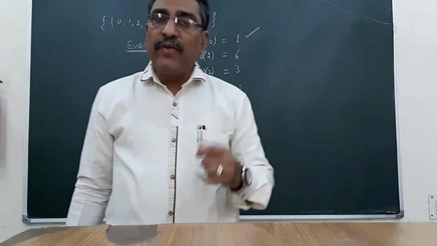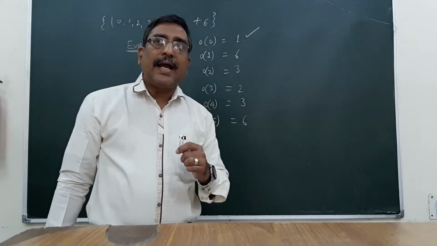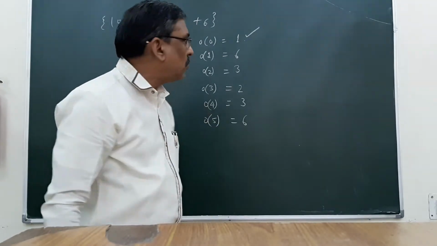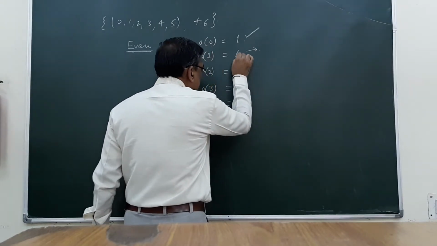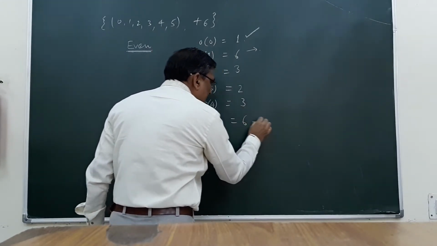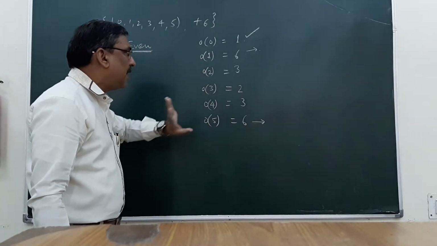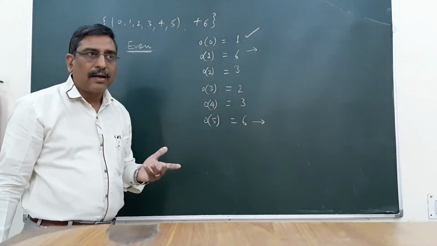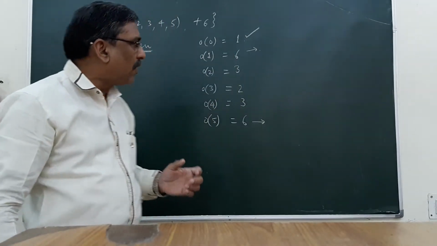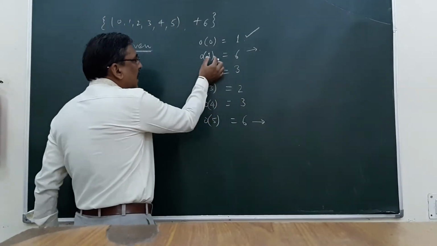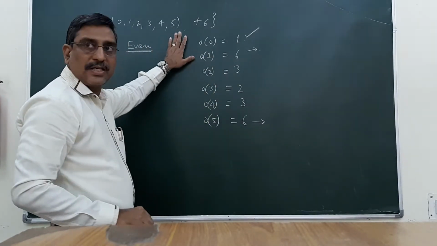Again, we also proved earlier that the order of an element and its inverse are equal. So from here we conclude that this element has order 6 and this element has order 6. Therefore, these two are the elements which are inverse to each other. We can prove this by the table also, but from this we can conclude that 1 is inverse of 5 and 5 is inverse of 1 in this case.